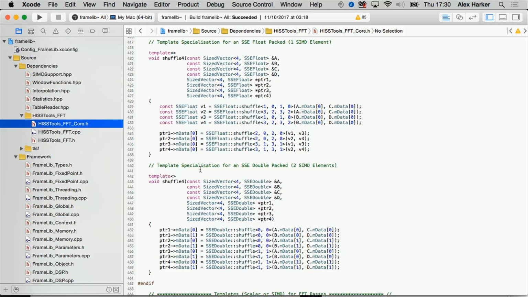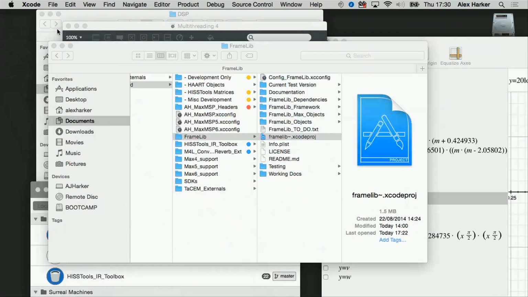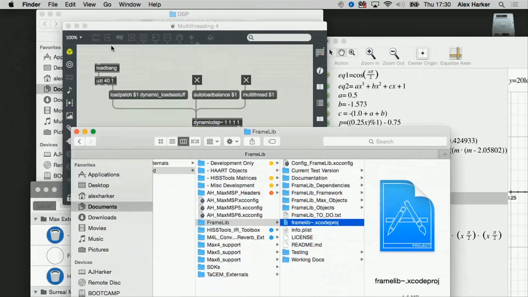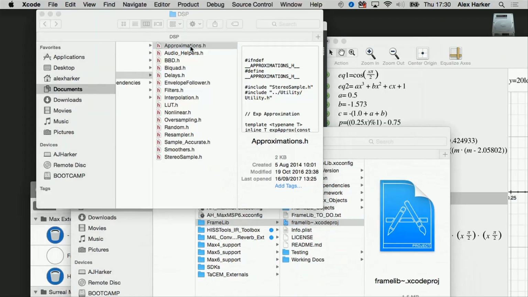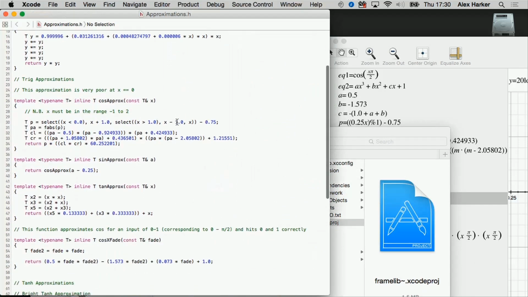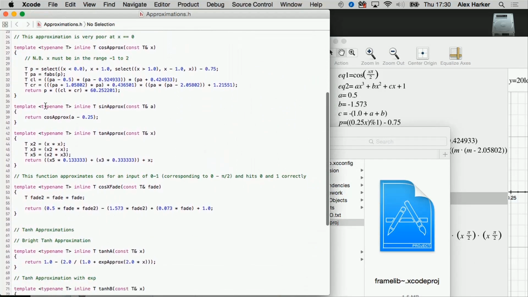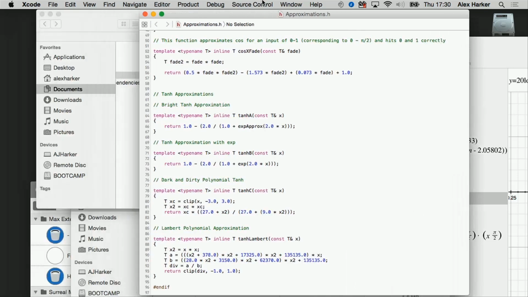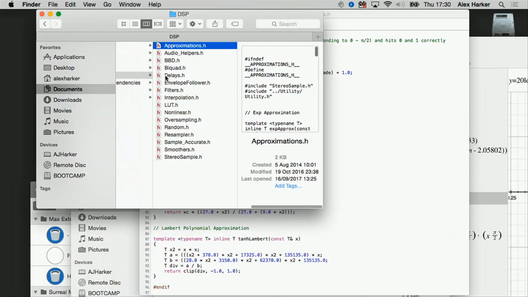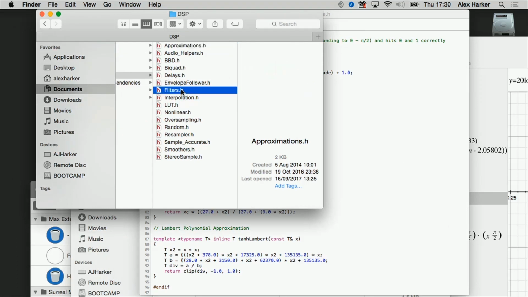So if we look at that as code, you might have noticed earlier when we looked at the approximations that they're all templates. Rather than having a type of double, they have a type of T, and I'm able to instantiate them with either a standard plain old data type or something more complex. And that goes through most of these. So the filters again,